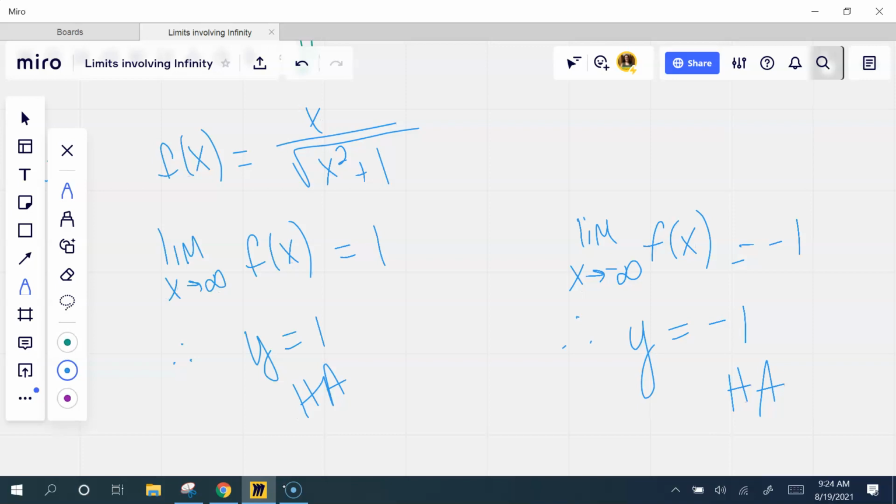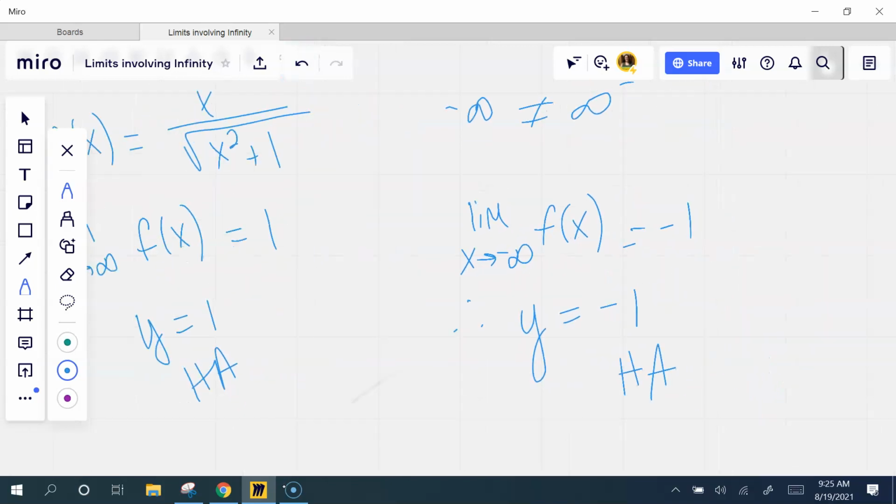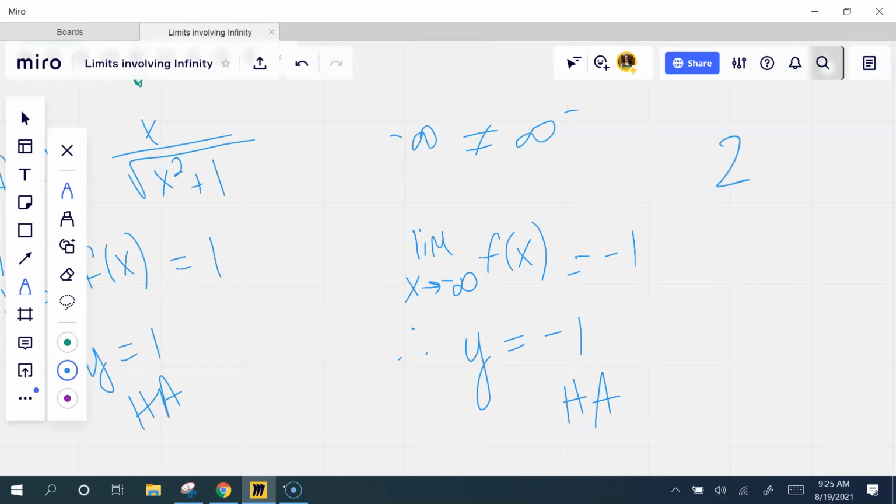So how do you know when it's... okay, this is not the same as this. You see the difference? Okay, so this is not the same as this. Negative 2 is not the same as 2 from the left. All right. Y'all okay?